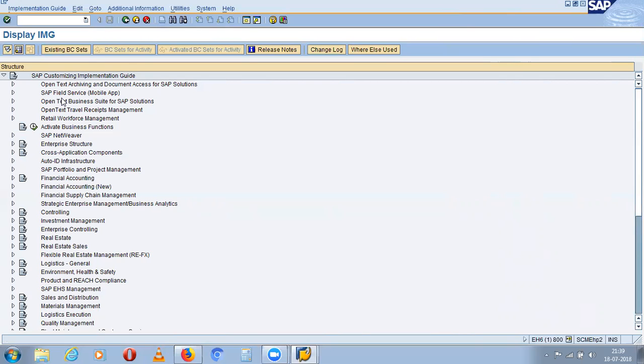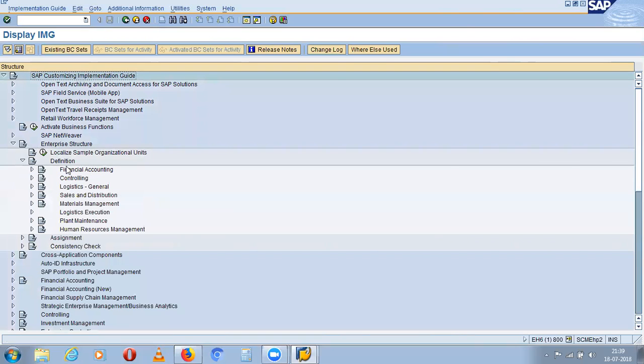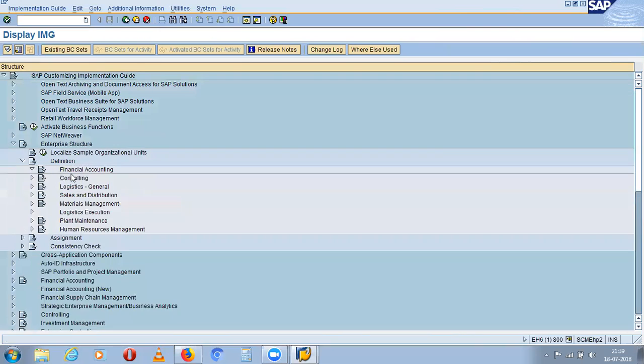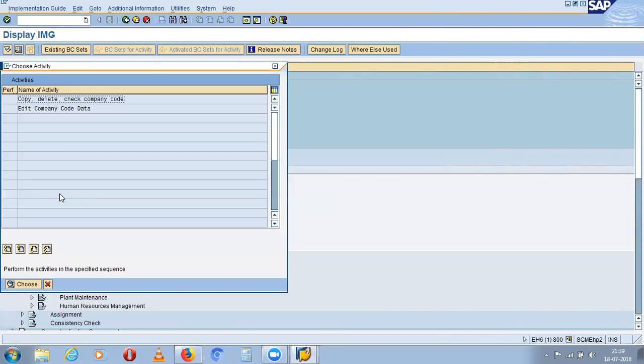In the enterprise structure, click on enterprise structure, then go to definition. Next is financial accounting, and next is edit, delete, copy, check company code.